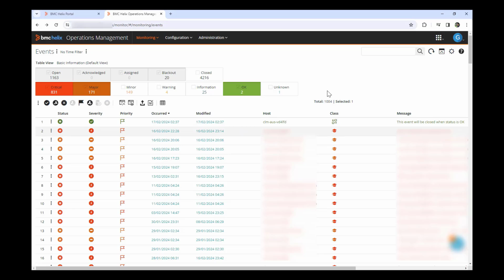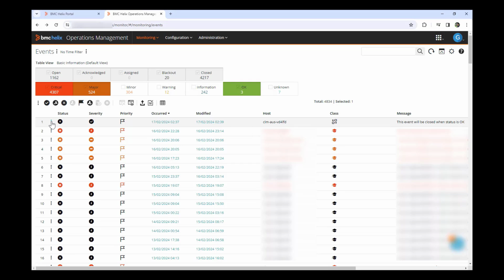Once the event has come in our console, as we can see, it meets both criteria, host and severity. Now, the event should be closed after 1 minute. A minute has now passed. Once closed, as we can see, and in order to see if our policy is the one that closed our event, we are going to click on the 3 dots on our left hand on the event and click on View